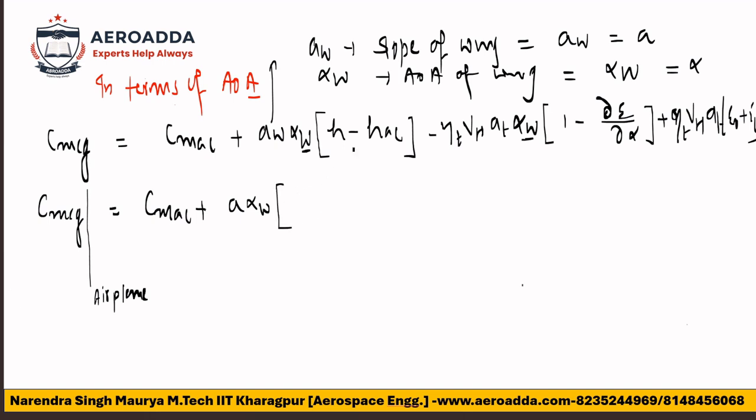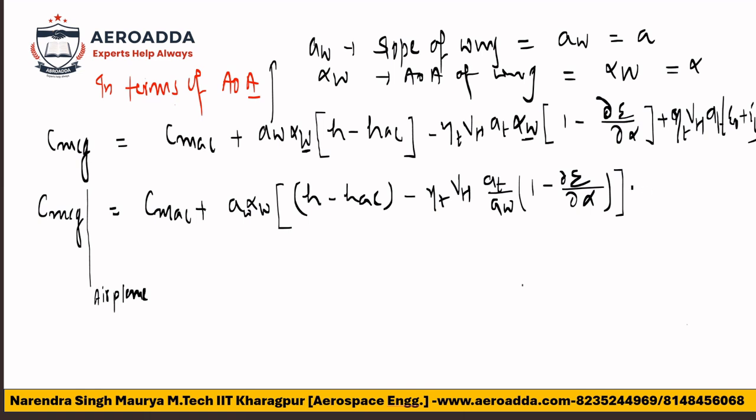So A alpha W, take it. So one big bracket, and here it will be nothing but H minus HAC minus, check everybody, eta T BH. Alpha W you have taken common, but A is already here. A also you have taken common, but A we do not have. You can say this is AW again. So AW alpha W you have taken. Alpha W is there, but AW is not there. So now it will be divided. So you can say it's nothing but AT by AW. You check it, and in bracket what you have, 1 minus,